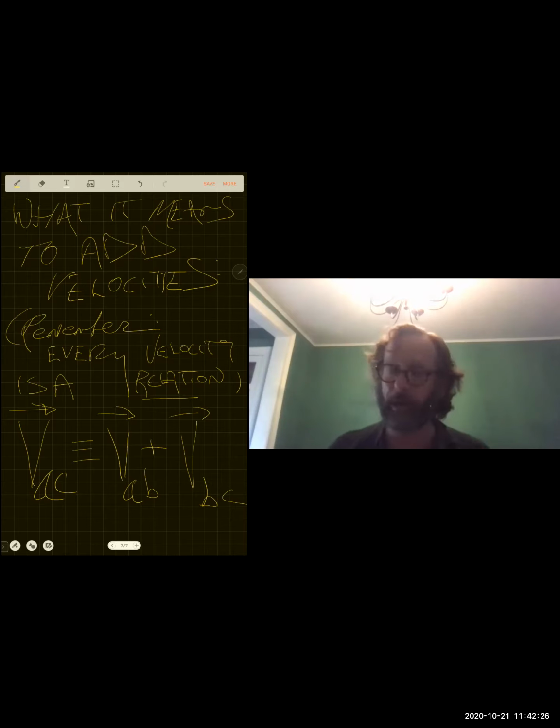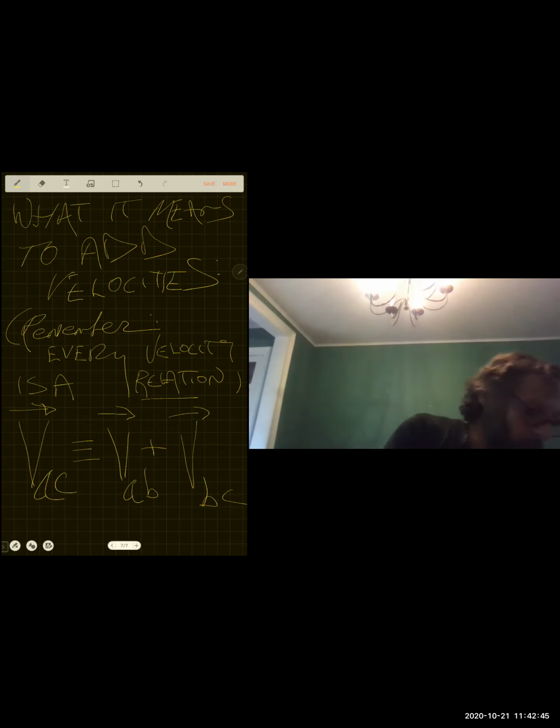And just like arrowheads, it's easy to just drop the subscripts and assume they're obvious, but what's not obvious is how the subscripts relate to each other. Velocities can be added. Velocities are added very meaningfully only when they are velocities measured in two different reference frames. This thing that in English,